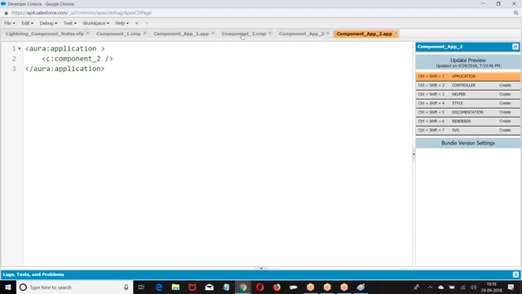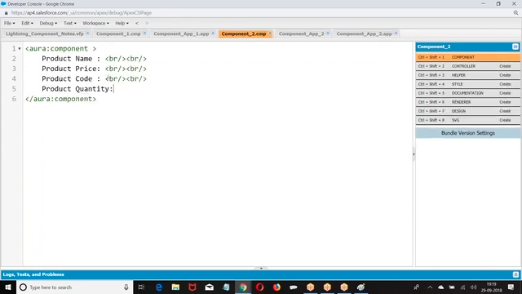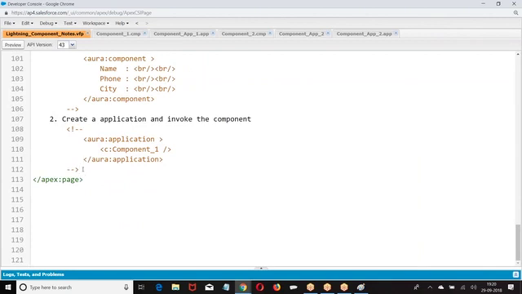Now next one. Can I call multiple components within the application? Now can I call a component within a component? Can I call multiple applications within a component? That is the next part. So let us take a quick example of invoking multiple components within an application.